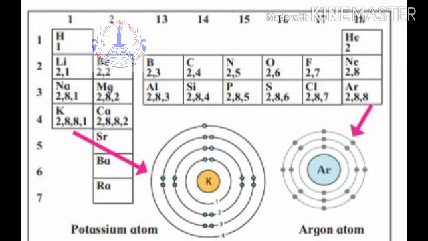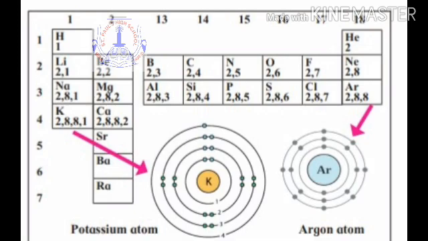So again, for the 13th group, valency is 3. For the 14th group, you will find they have got 4 valence electrons. These elements normally go for sharing of electrons, for example carbon, and exhibit valency as 4. In the 15th group, you find they have got 5 valence electrons in the last orbit, and now they will not give 5 electrons, they will accept 3 electrons to become stable.